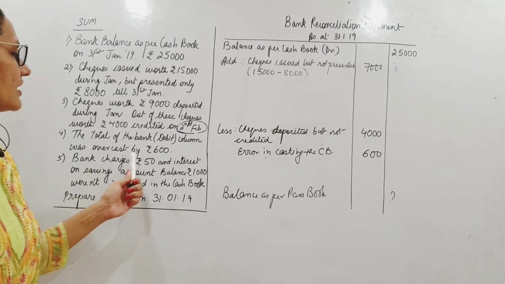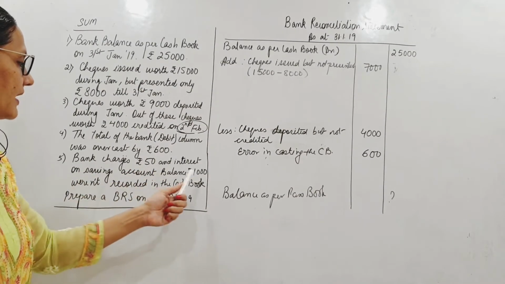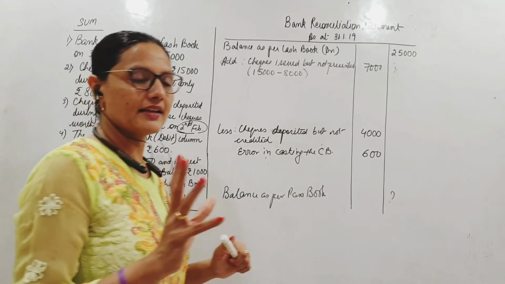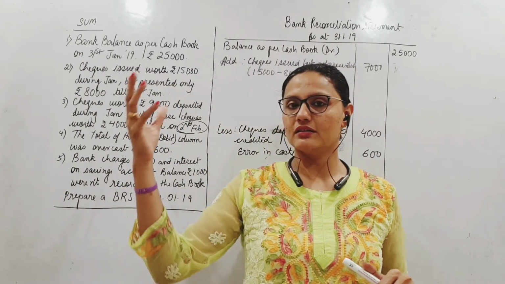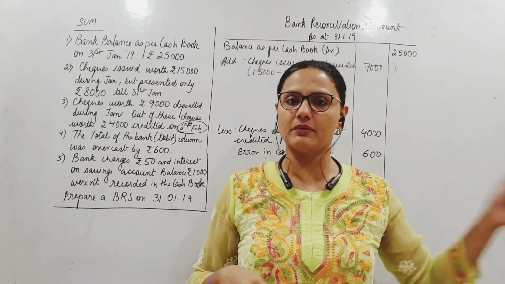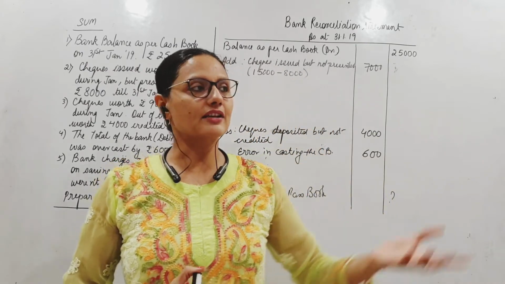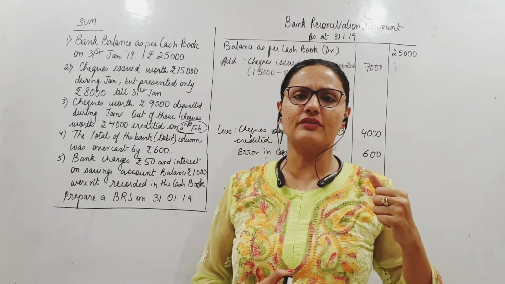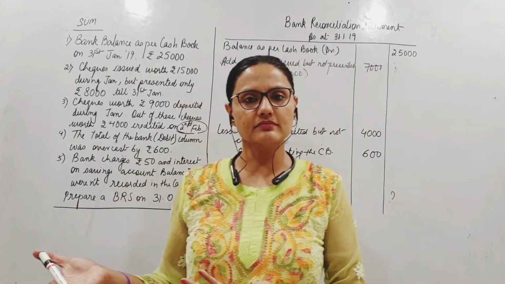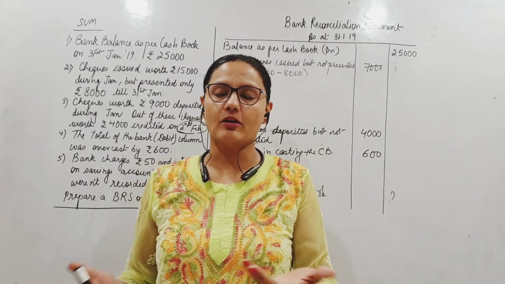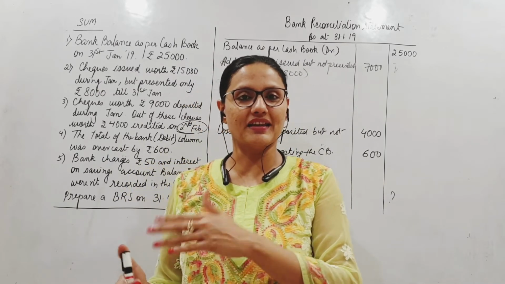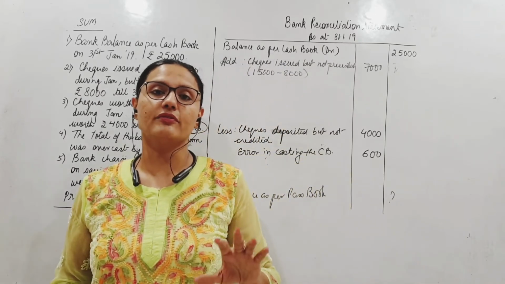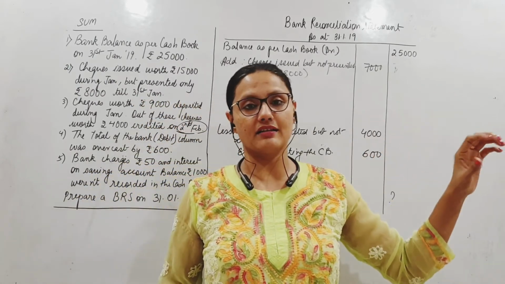Then bank charges 50 and interest on savings account balance is 1,000. Where it recorded in the cash book. Okay. Some transactions originate from the cash book side. पहले वहाँ record होते हैं, बाद में passbook में record होते हैं. Some transactions originate from the bank and then they are recorded in cash book. Obviously, bank has charged certain 50 rupees. I don't know. I was not informed. When I saw the updated passbook, I saw. Or maybe then SMS was sent to me, I did not see. So I did not record in the cash book. So cash book does not record sometimes what the bank has done on its own.